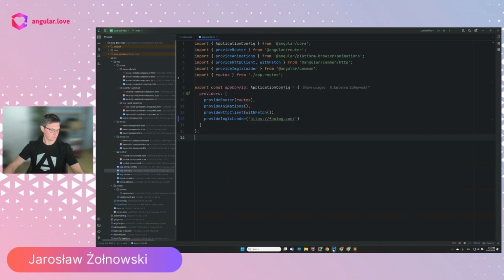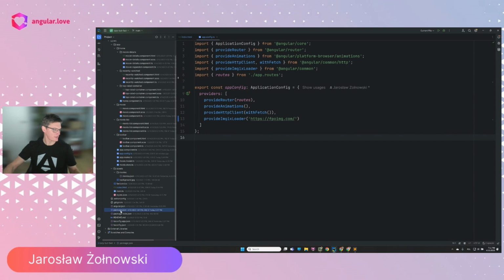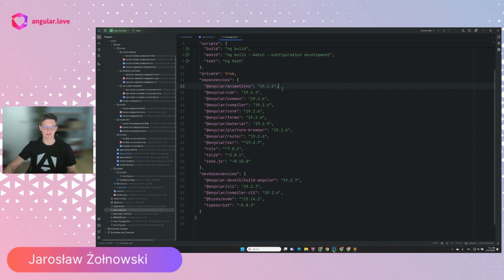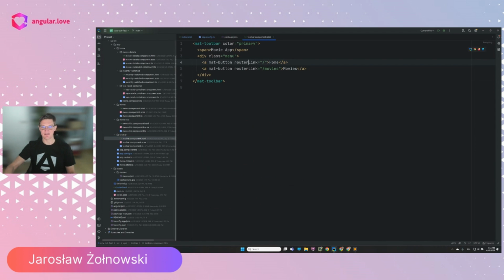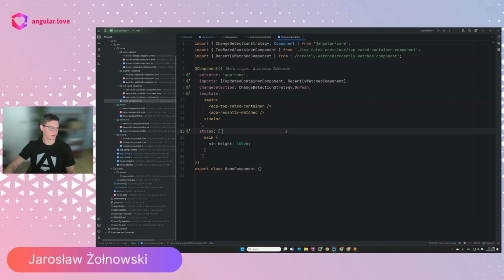Now, let's quickly look at the implementation of this application. So the entire app is built using the latest Angular, which is 19.2.6. The navigation is handled in the toolbar component with two buttons that navigate us to the home and movies routes using the router link. The home component loads the top-rated container and recently watched